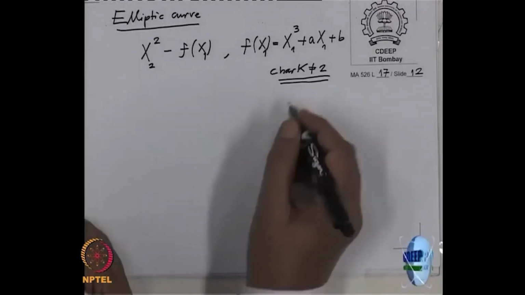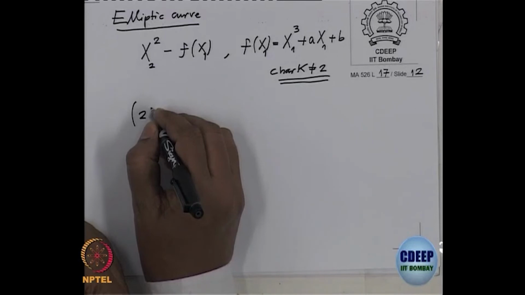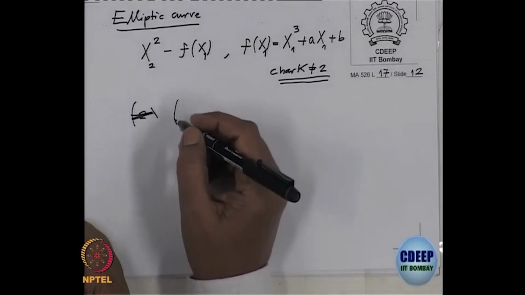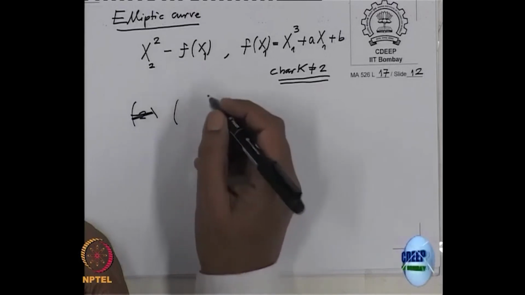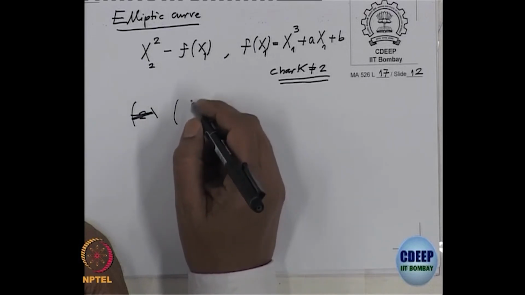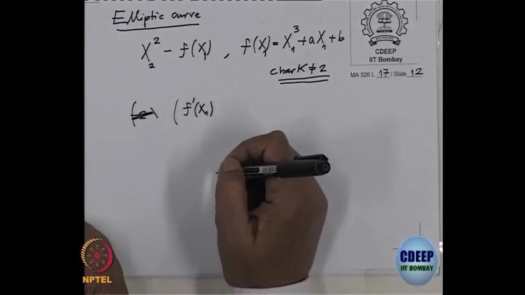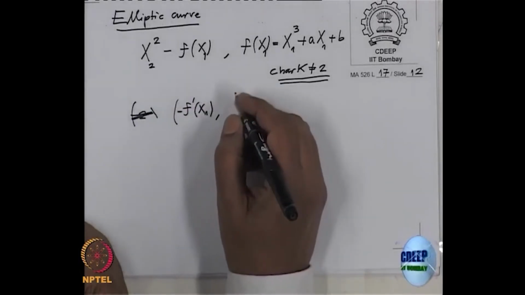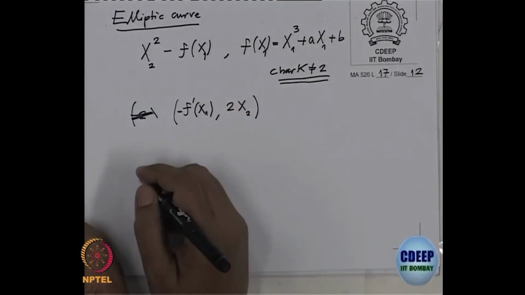Okay. So, what is the Jacobian matrix here? Jacobian matrix is differentiating with respect to the first one, x1. So, that is f prime at x1, minus, and the second coordinate is 2x2. This is the Jacobian matrix, and we are now